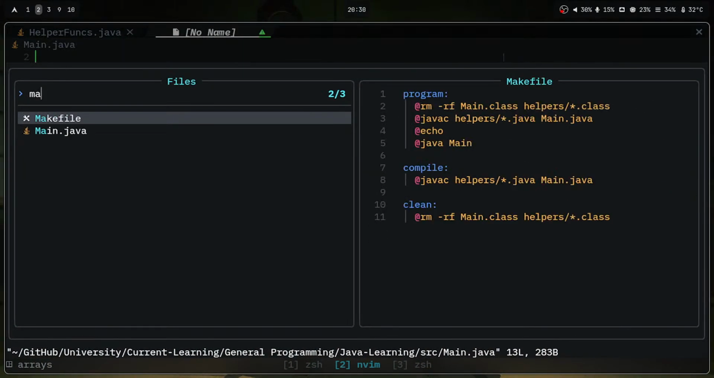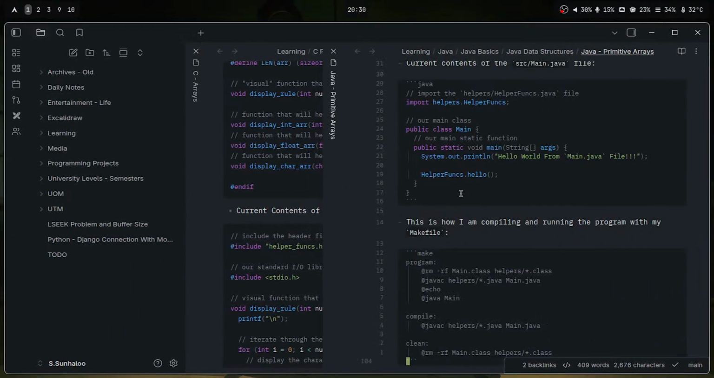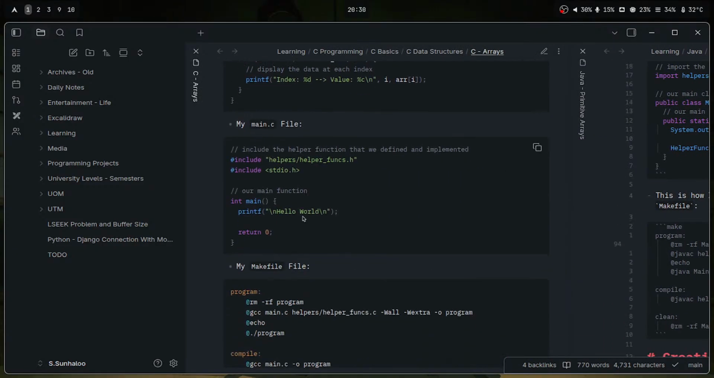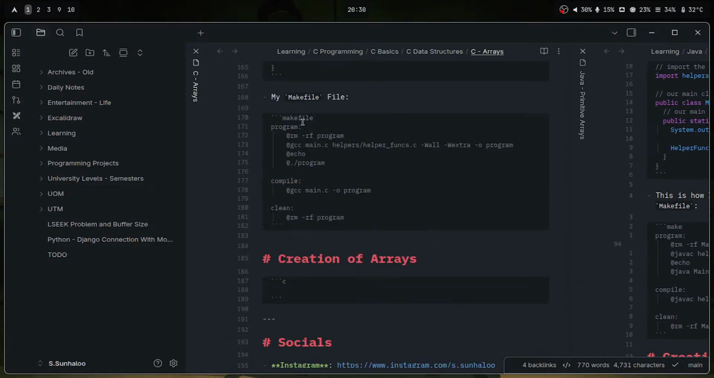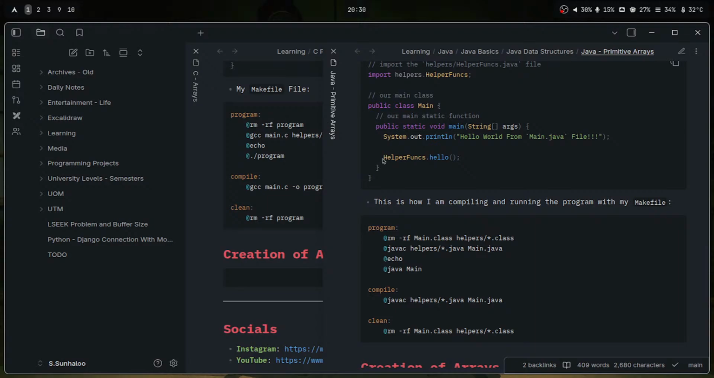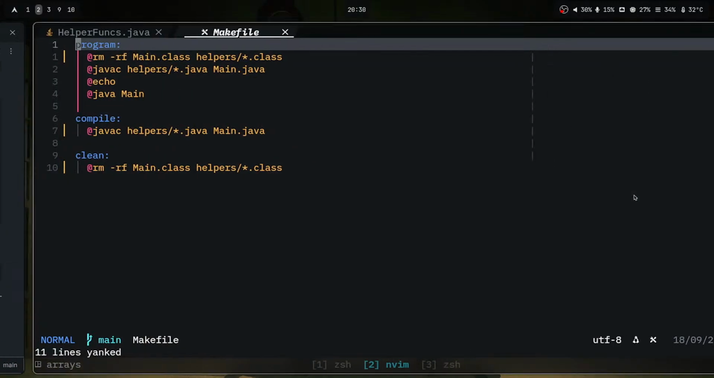So make file, control a, yank this, paste this over here. This is going to, what did I do? I have bash. Oh, make file. It's just okay. Make file. Very nice. Okay, let's go and create